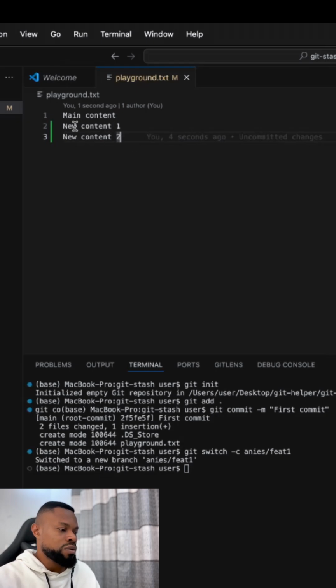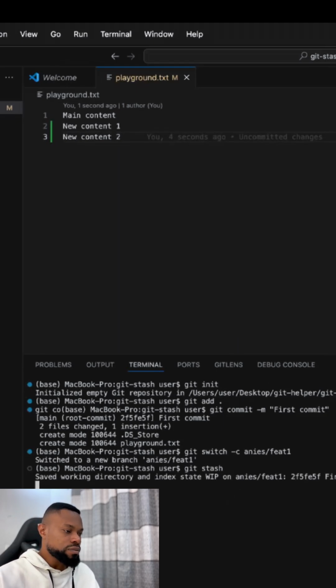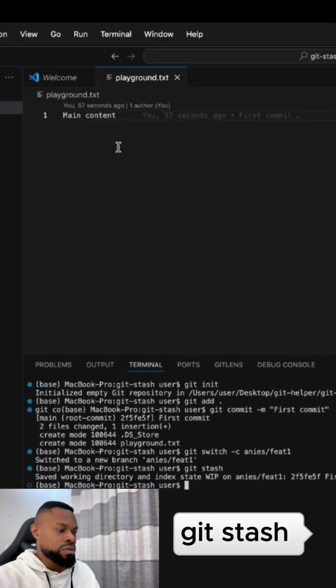In this case, I have new code added to this particular file, but I don't want to commit it because maybe I'm not done with the feature implementation. So in those cases, what would I do? I'll use git stash. What git stash will do is that it's going to pick out the new code I added and then save it somewhere, right? And now I can switch back